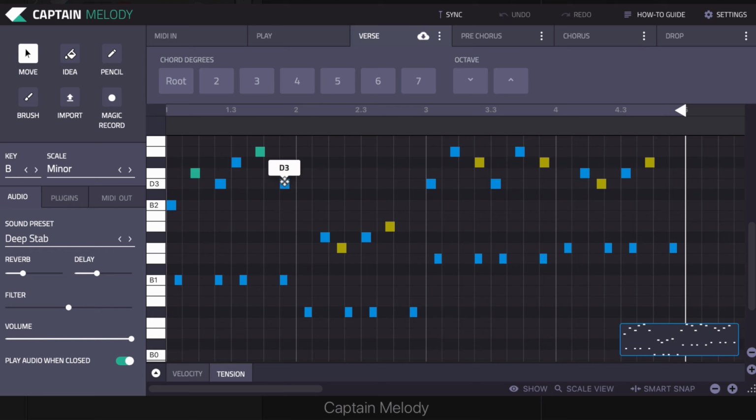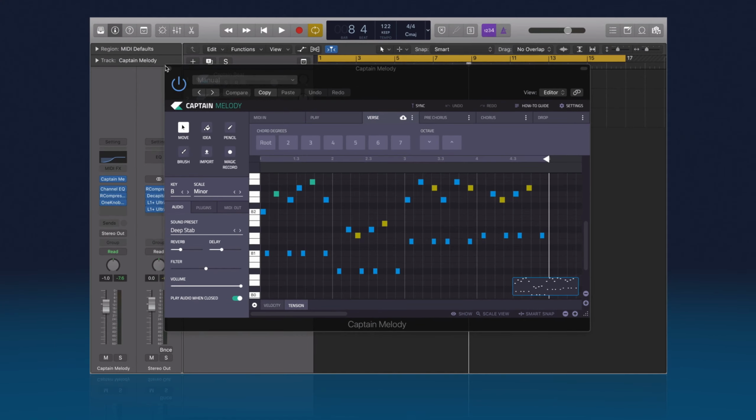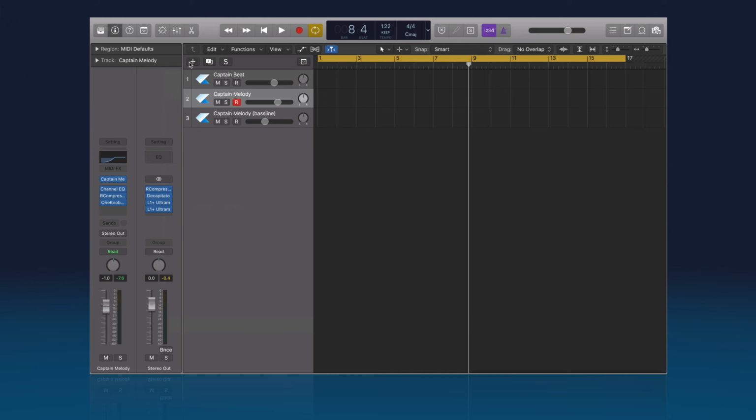of these notes here. So blue means in scale notes, in chord notes. Green, there's slightly more tension. Yellow, slightly more tension again, and red are probably not going to work at all, they're out of scale. So we can use these colours and the connectivity between Captain Melody and Captain Chords to our advantage to see which chords are going to work with our melody. And I'll just show you how that's done. Let's open an instance of Captain Chords.